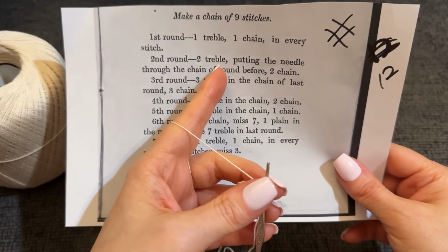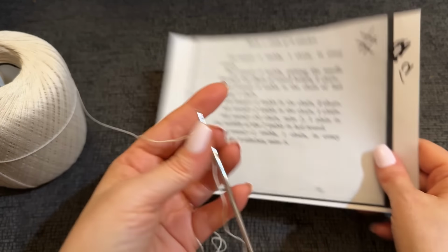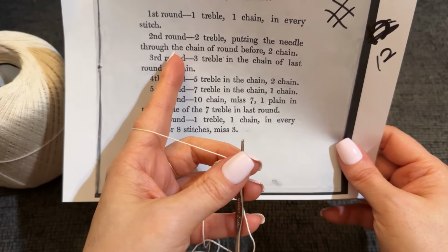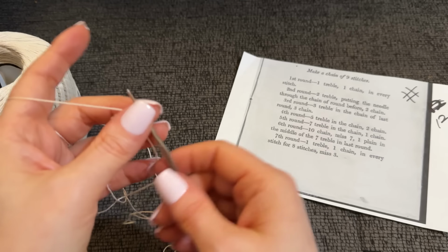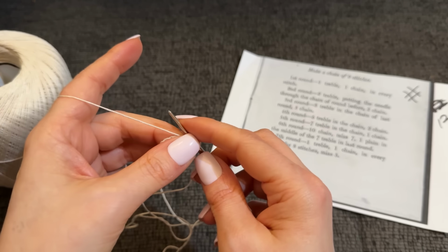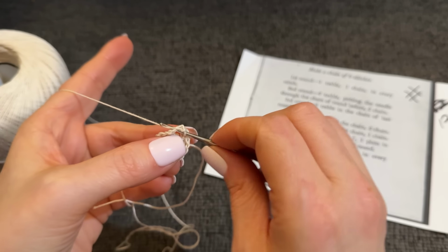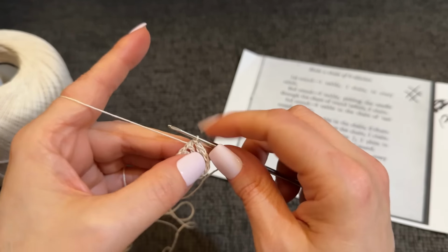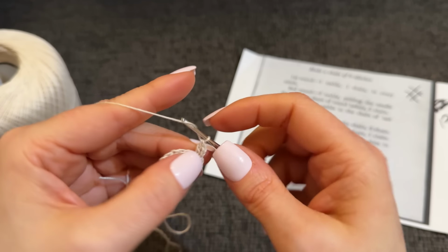So round 2, 2 double crochet, putting the needle through the chain of the round. I'm just going to work around the chain just to save my fingertip from all the poking. Anyways, through the chain of the round before and then 2 chains. So we're going to work 2 double into the chain 1 space, separated by a chain 2. So what I need to do then is slip stitch over to the first chain 2 space. And let's go ahead and start with 3